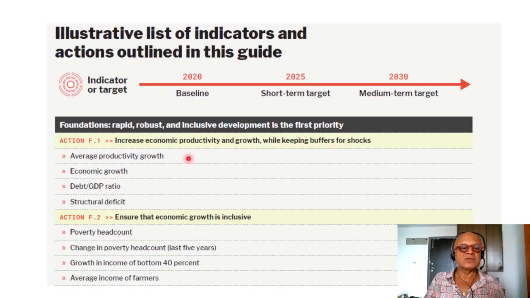So here the list indicators and actions: average productivity growth has to be monitored, economic growth, debt to GDP ratio, which is always an indicator of how well the country is managing its monetary, fiscal and economic policies, and structural deficits,